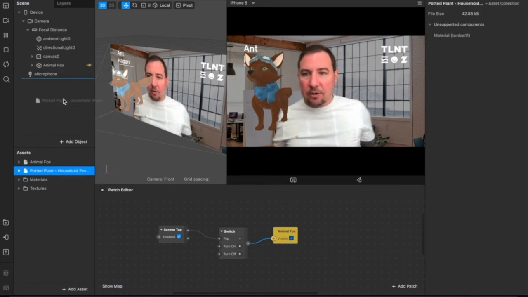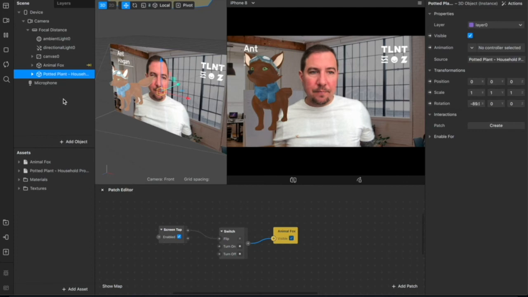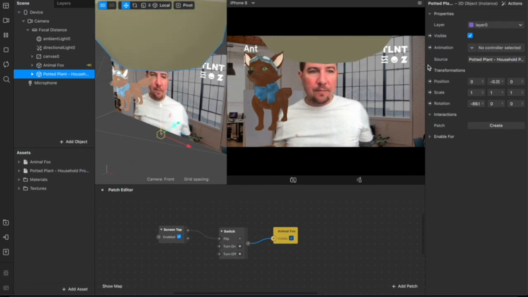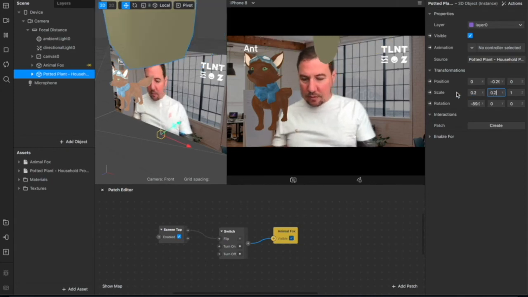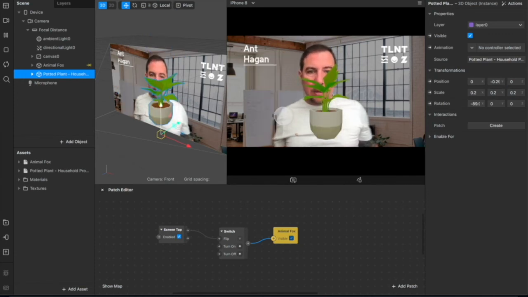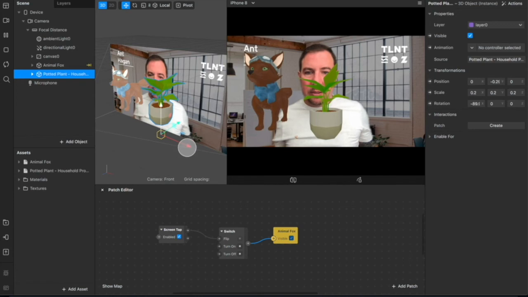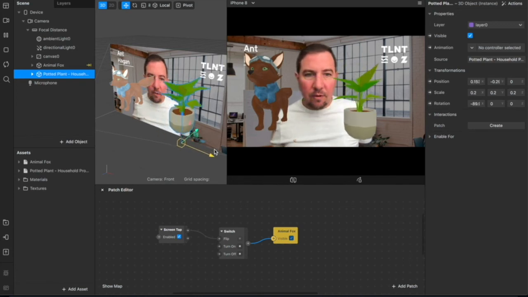Again, drag the plant in. Again, he's going to be way too big, as you can see. Let's give him the same dimensions as Mr. Fox. There we go, and now we've got a nice potted plant as well. So if we move him over to the side,